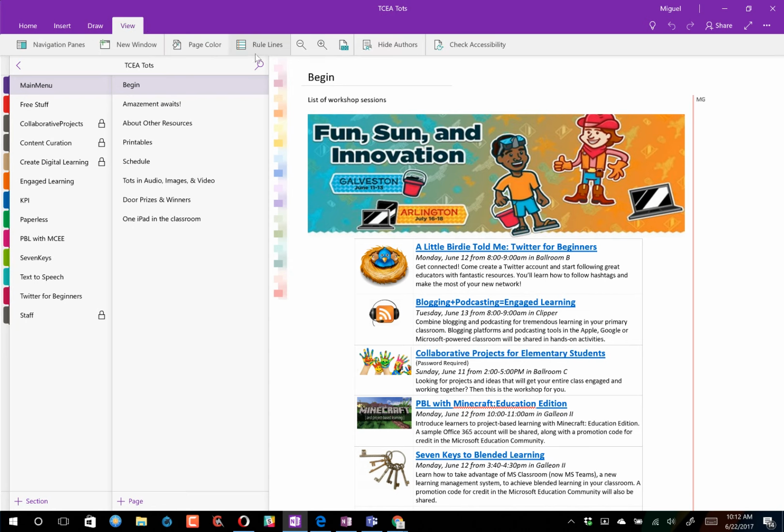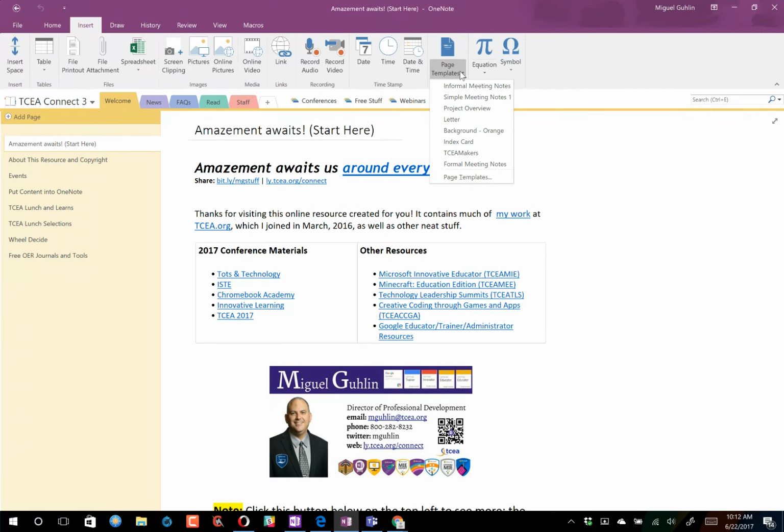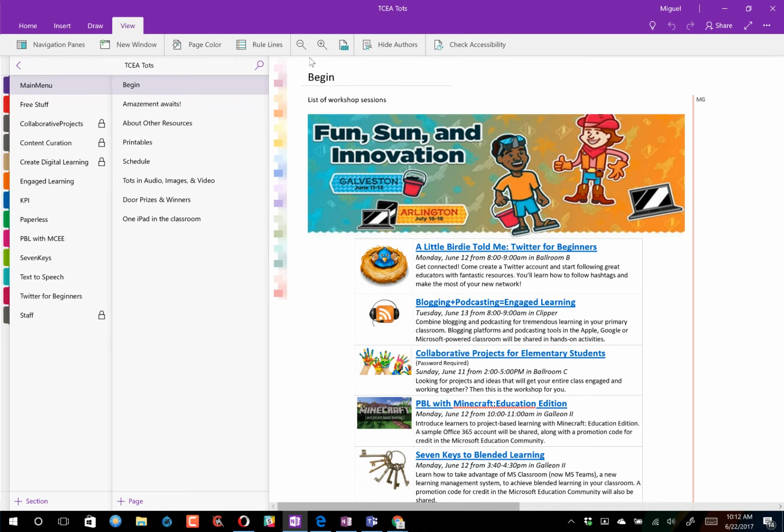You can see here I don't have a lot of choices for page templates, while if I were to go into OneNote, I have tons of page templates. I can just come in and that should pop up over here on my right-hand side, and I'll see a variety of page templates. So you can also hide your authors. See how it's last been modified by MG. That's me. If I click on hide authors, those go away. And then this notebook actually lives in the cloud. It lives in a OneDrive or SharePoint account, depending on how you created it, what user account you used to